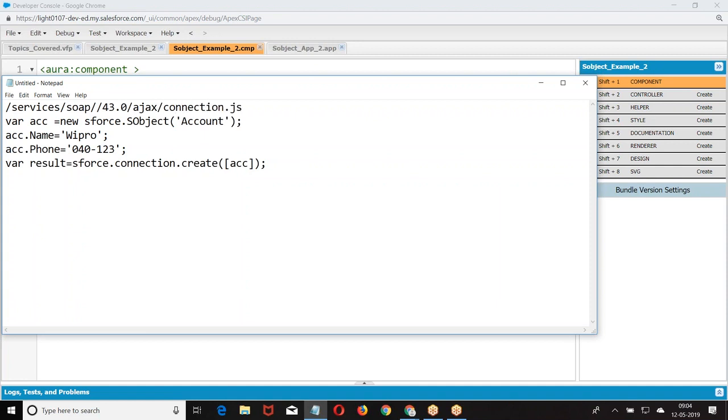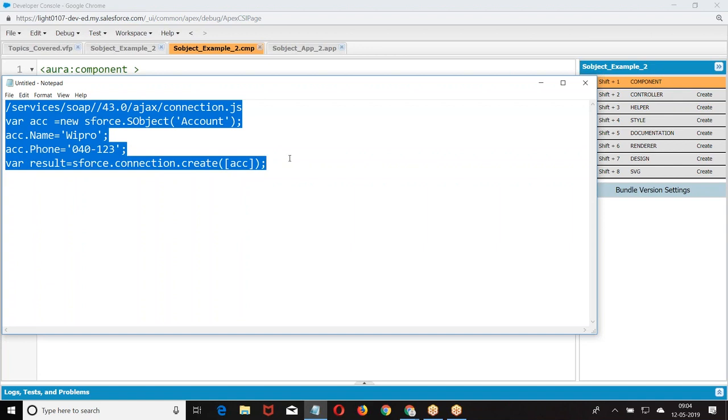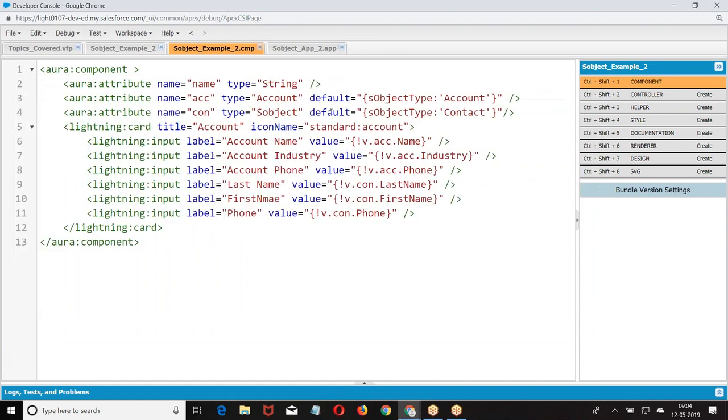We implemented this type of functionality. This is how we need to use it, but for this, we need to include some plugins. That's the answer for your question. So this is how we are giving it.